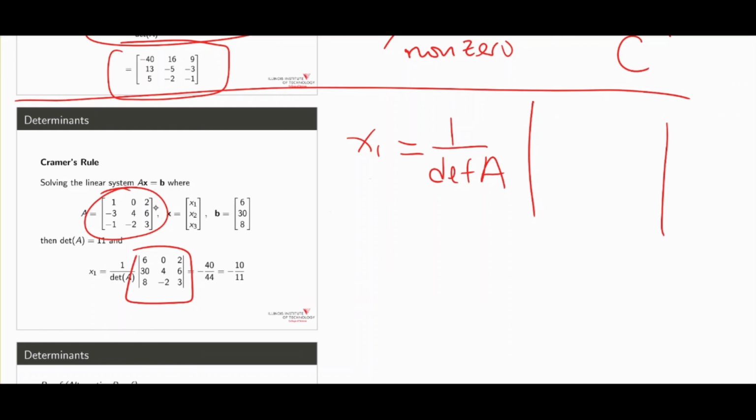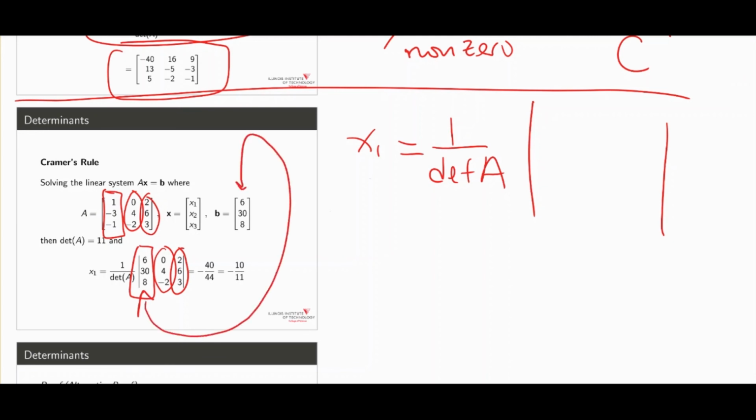You see that the third row of A is actually right here. This is the third row of A, and this is the second row of B. But then this part right here is different. But then this number here is very familiar. This number here is actually right here. So what happened is that in order to solve x1, we take our coefficient matrix,